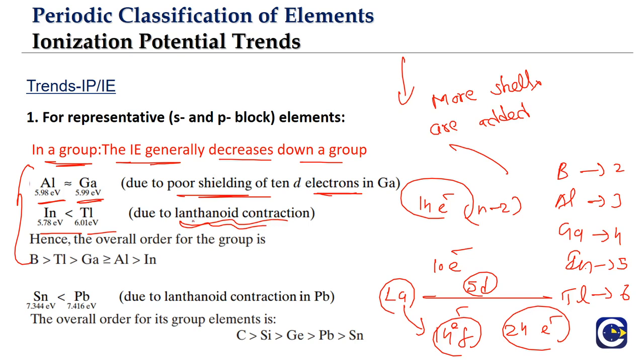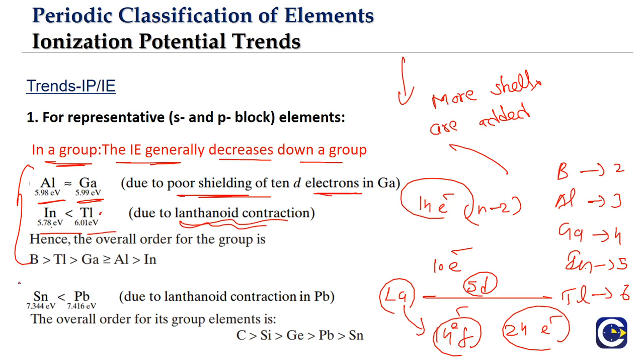We have seen that in case of indium to thallium, the radius is almost similar for them. Why? Because of the poor shielding effect of the d and f electrons. The 14 electrons that we are entering into the 4f, we'll associate this with lanthanide contraction. Because of this, the indium ionization energy will be less than thallium. So see, a small difference only, but what is it? 5.78 and 6.01. So normally what we'd expect as you go down the group: boron, aluminum, gallium, indium, thallium. Go down the group means it must decrease, but thallium here is more than indium itself.